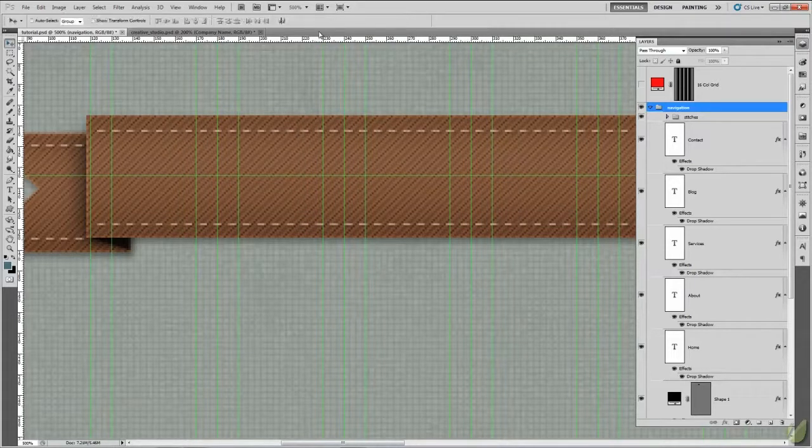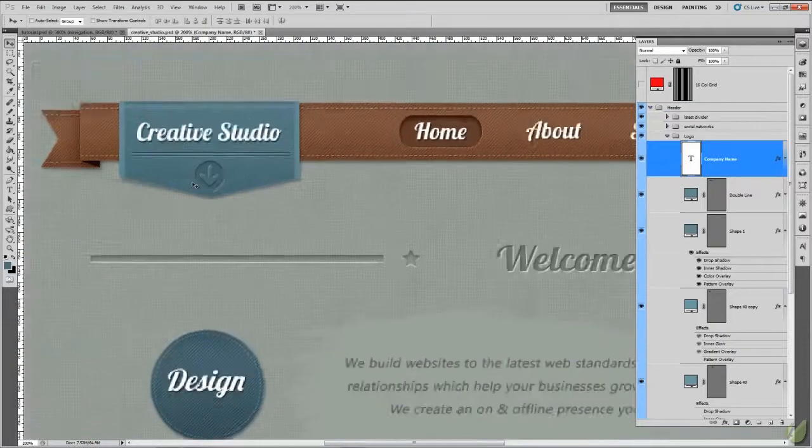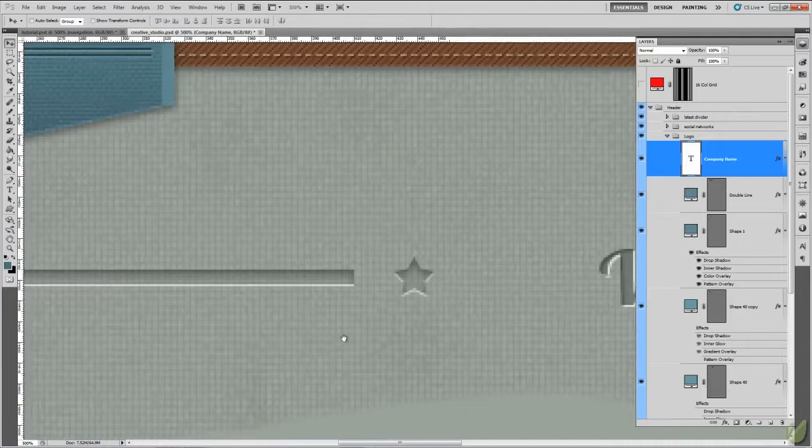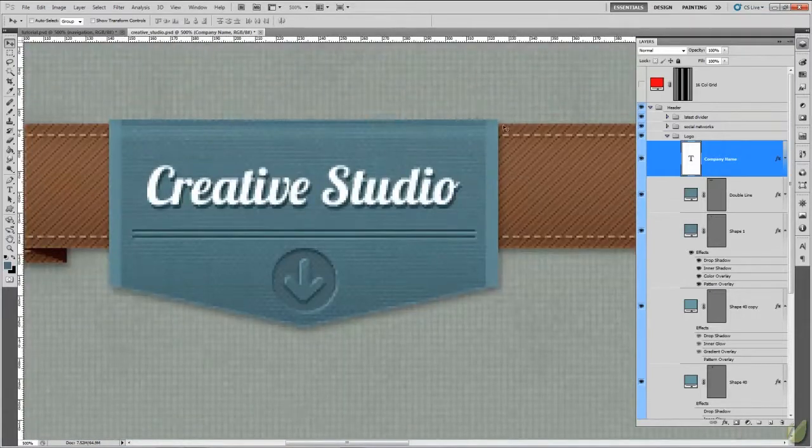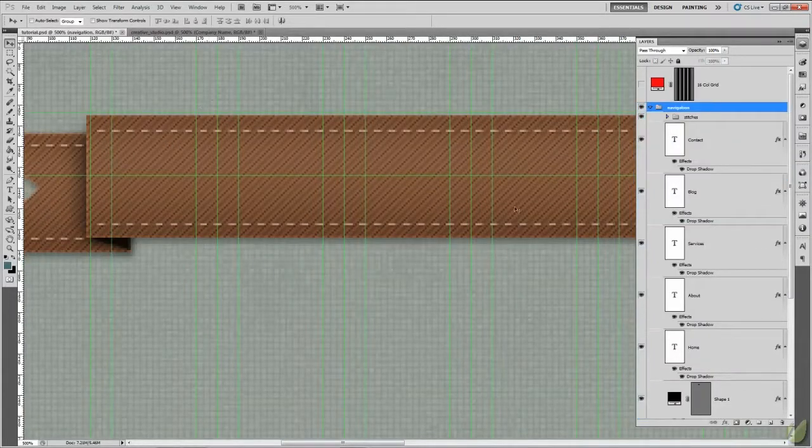Okay, so with the move tool selected then, just click and drag a guide and situate it just above the menu bar, because if we look at our final design, increase that slightly, you will see that it's sitting just above the menu bar, only by a couple of pixels. But even though we can shift this up once we've finished with it, I like to get a step ahead of myself. So okay, next guide will be just underneath, so we just drag that down to there